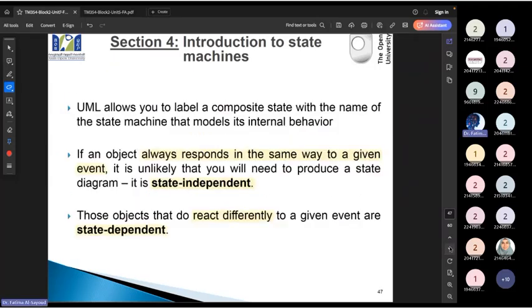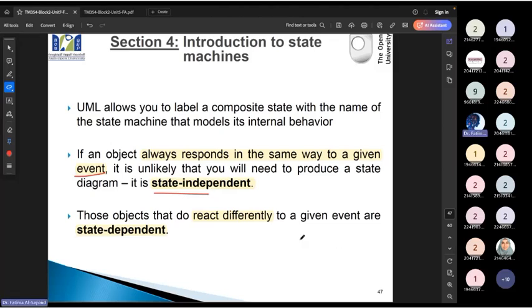We have some situation where we have an object responding to a set of events in the same way. It doesn't change at all. In this case, we call it status independent. يعني لما يكون الأوبجكت دائما يستجيب إلى الحدث بنفس الطريقة, the same event, you always respond to this event and you don't change the status, that means it is status independent. مش متعلق بأي event جالسة تصير عليه, فهو راح يكون status independent.